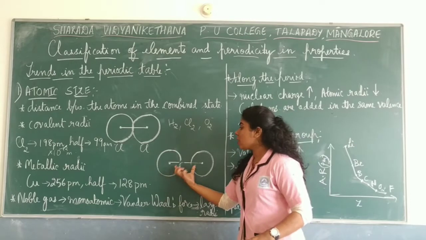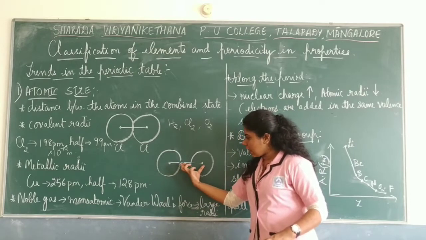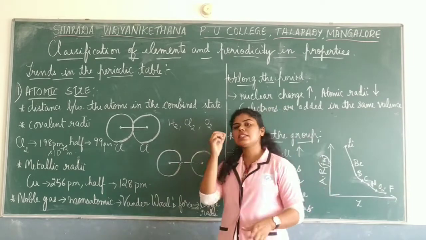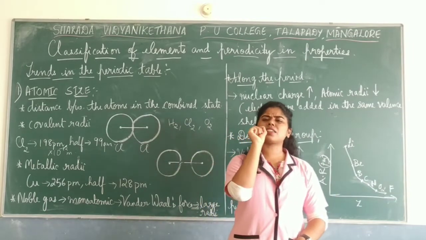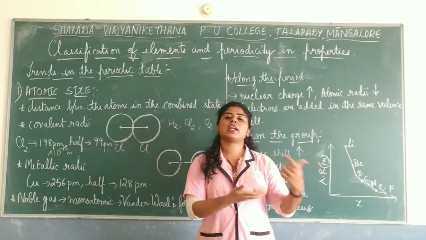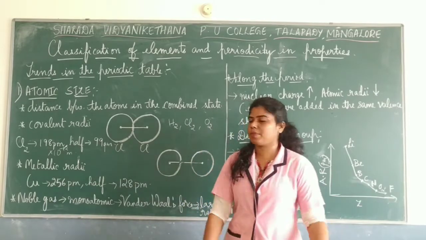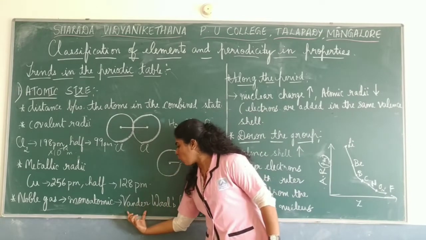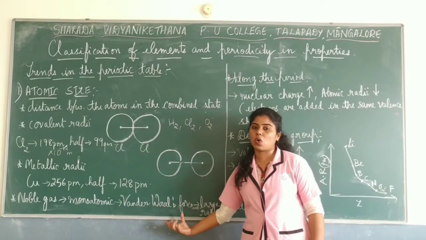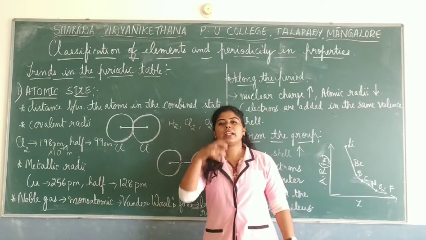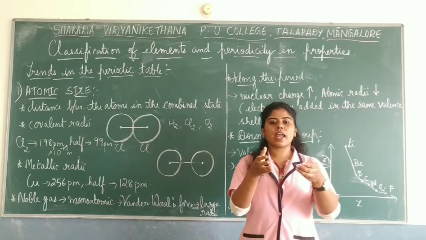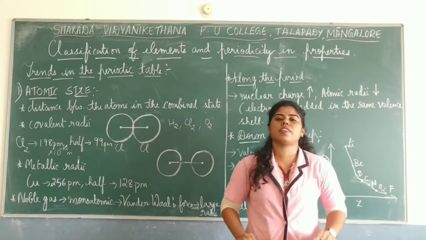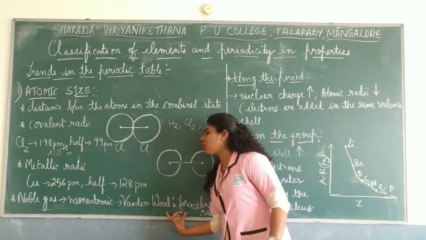But you know that in any atomic species, there is some force of attraction between them, and slightly some force of repulsion would also be there. But they have a slight force of attraction, which is also called van der Waals force of attraction. Van der Waals is the name of a scientist. It is a type of bond wherein the atoms are far away from each other, but they have a slight force of attraction. So this is called van der Waals force.